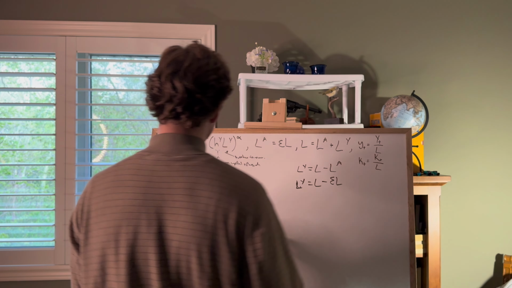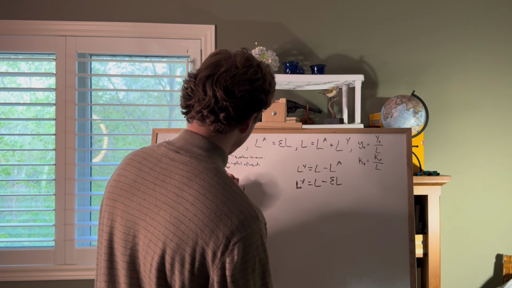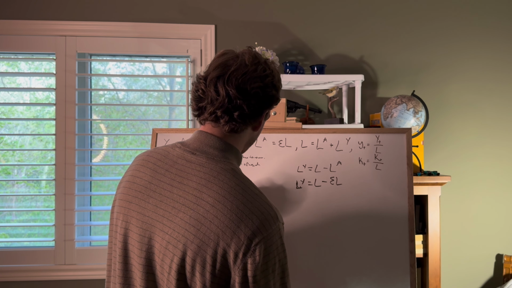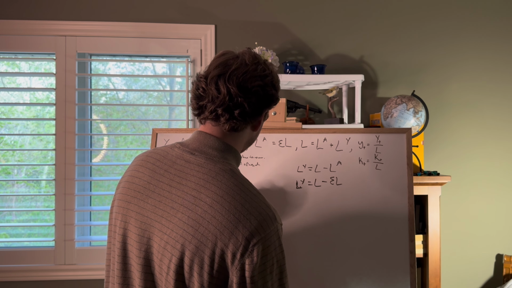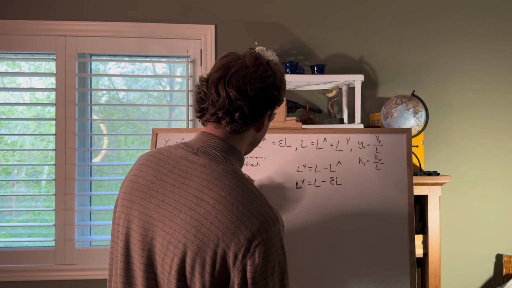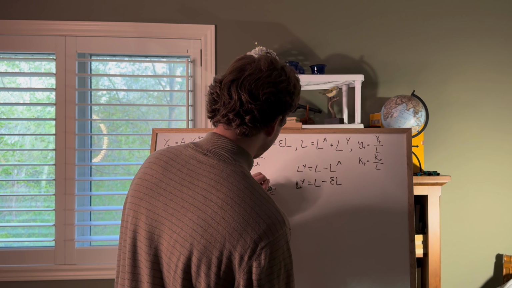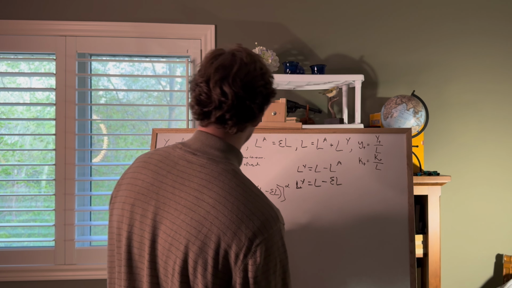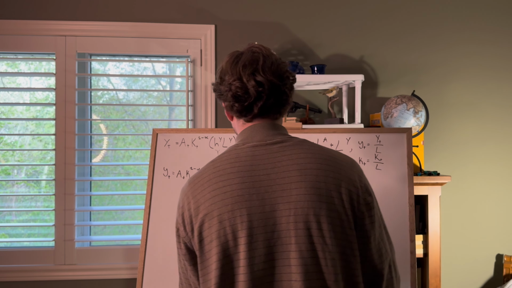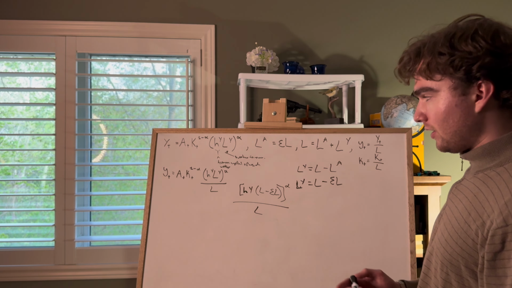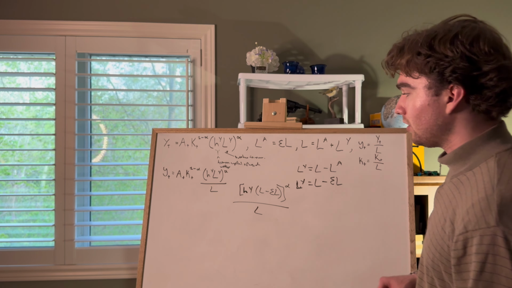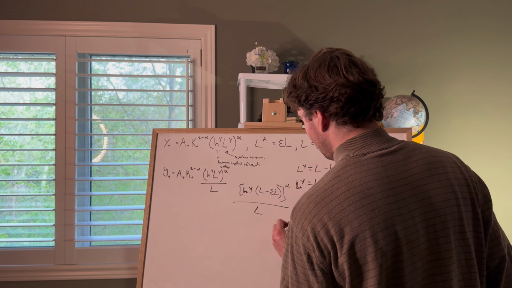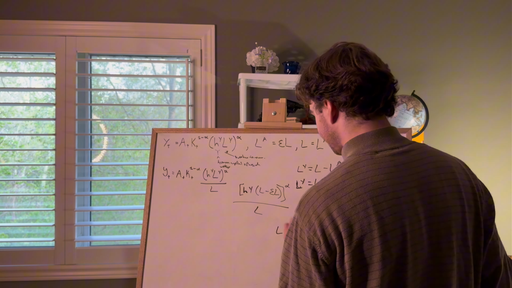So what we can do is we can rewrite, I'm just going to rewrite this here, Hy, and then L less epsilon L, all to the power of alpha over L. And at this point, you're going to see the solution. Well, we can just factor out L. So we have L, 1 less epsilon,